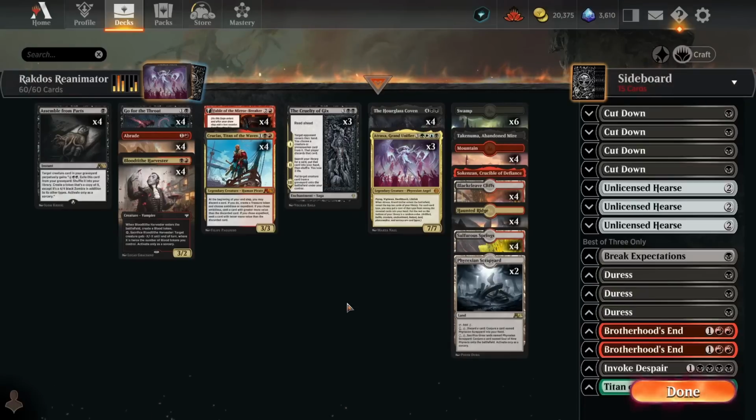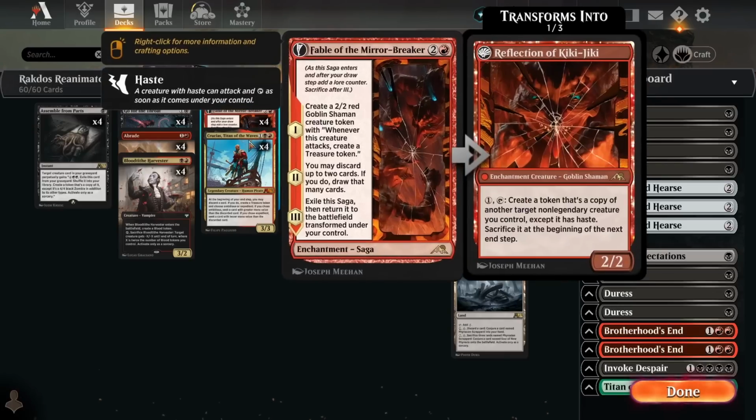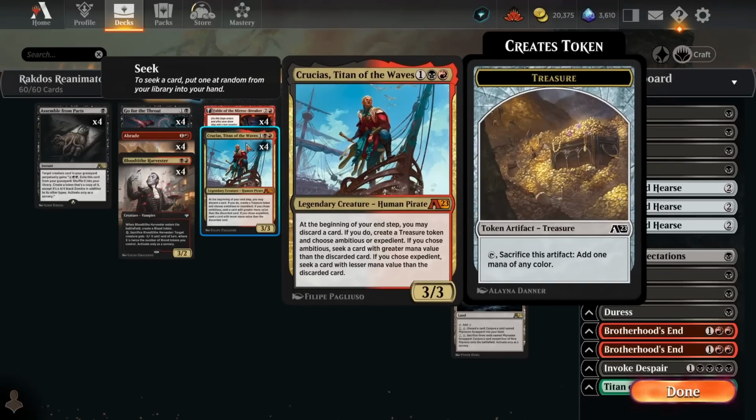So that's the deck overall. Like I said, it's felt really good to me. I really like having a high density of a reanimation package. I think it plays super well with the best cards in the format because they discard as part of their